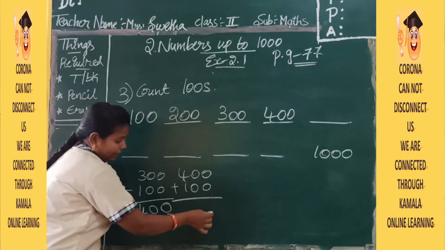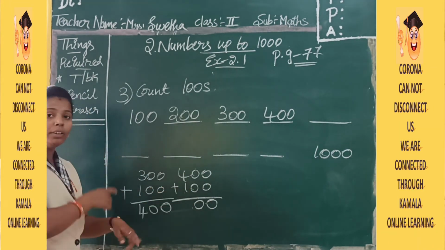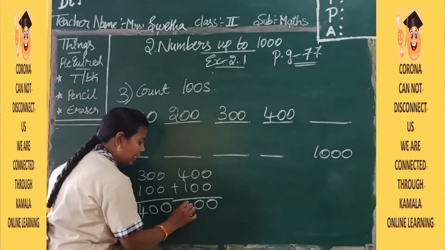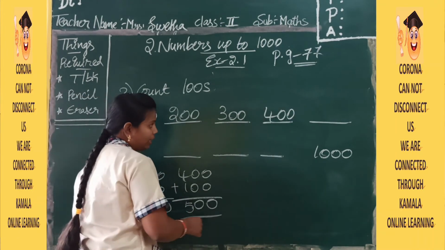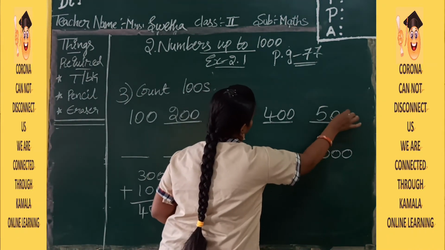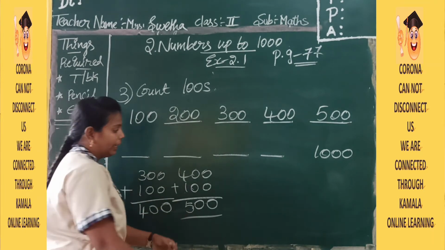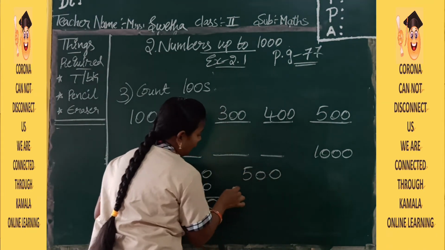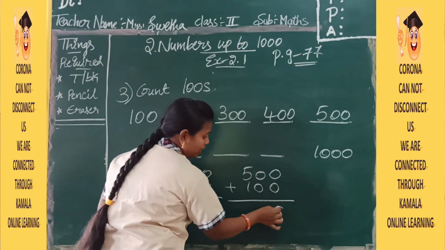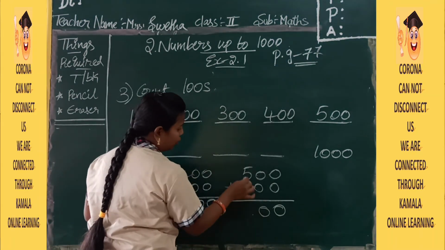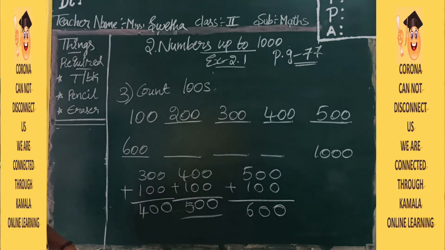0 plus 0, it is 0. 0 plus 0, again 0. 4 plus 1, what will be the next number? Yes, 5. So that will be the addition of 1 to that. So what is the number? It is 500. Yes. Now the remaining 4 blanks in the same way. Again take 500 plus 100. Yes. 0 plus 0, 0, 0 plus 0, 0, 5 plus 1, 6. So it is 600.